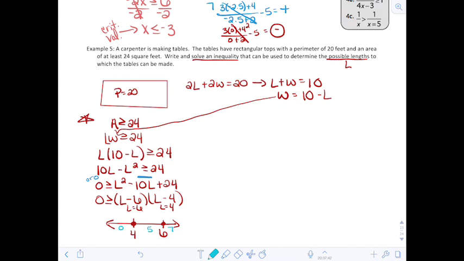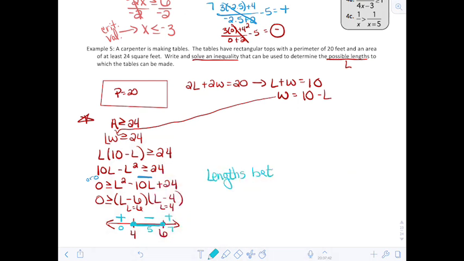Again, looking for negatives. So if I were to plug 0 into L minus 6 times L minus 4, I would get 2 negatives, and that would be a positive. If I were to plug in 5, I would get 1 negative and 1 positive, so that interval is negative. And when I plug in 7, I would get 2 positives. So as I tested these values, I can see that the interval that is negative is from 4 to 6, including those values. So if it says to write and solve an inequality that can be used to determine the possible lengths to which the tables can be made, the solution is lengths